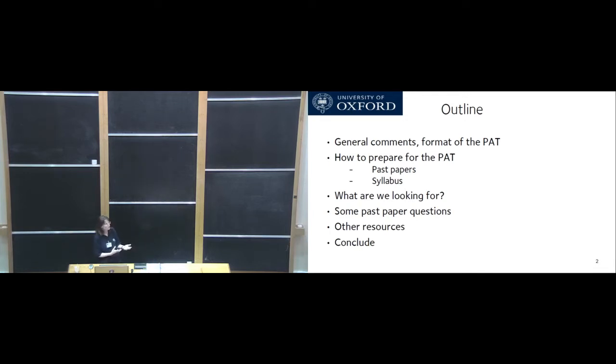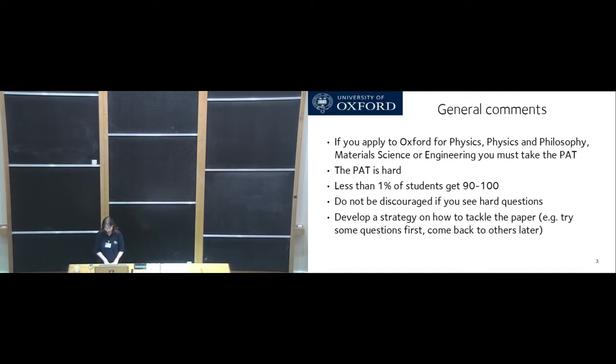past papers, the syllabus, explain a bit about what we're looking for, and you're going to do some past paper questions. You're here in a physics department, you must want to do some maths today. So we will do some past paper questions together, and then I'll mention some other resources you could use and conclude. So the general comments are that if you apply to Oxford to do physics, physics and philosophy, material science